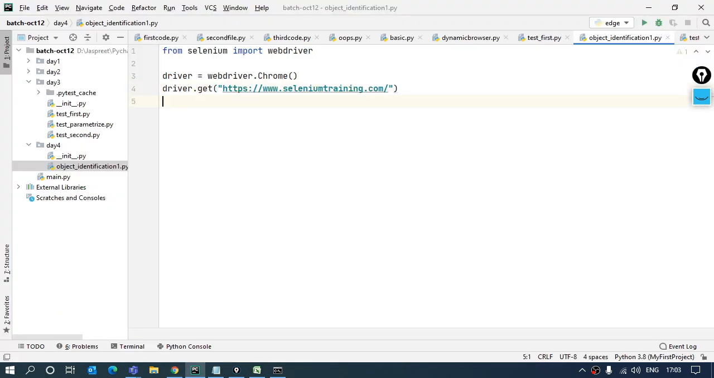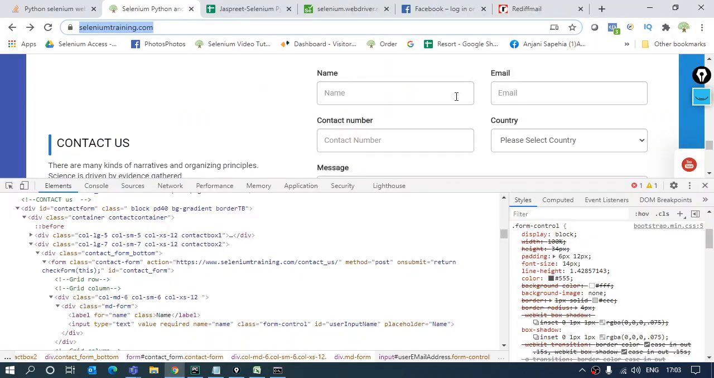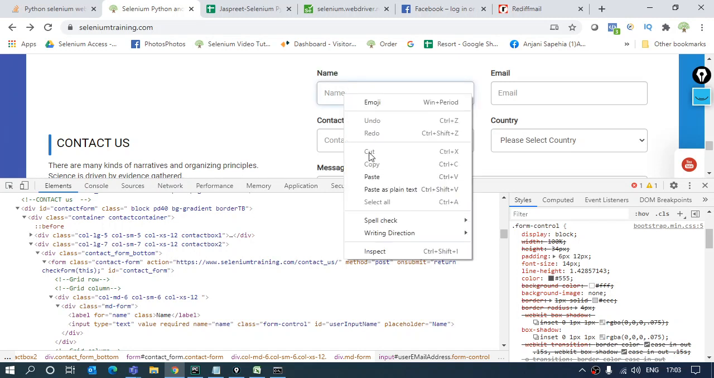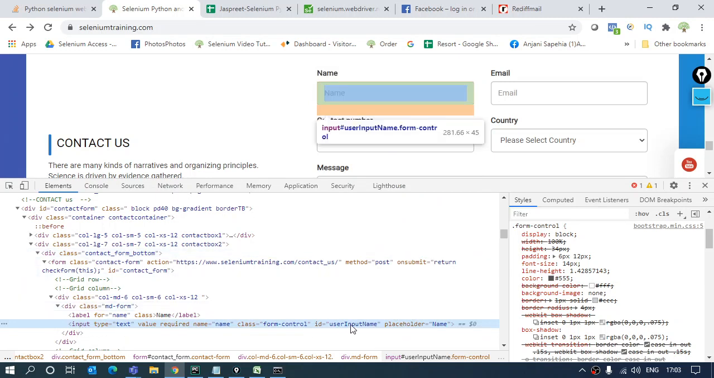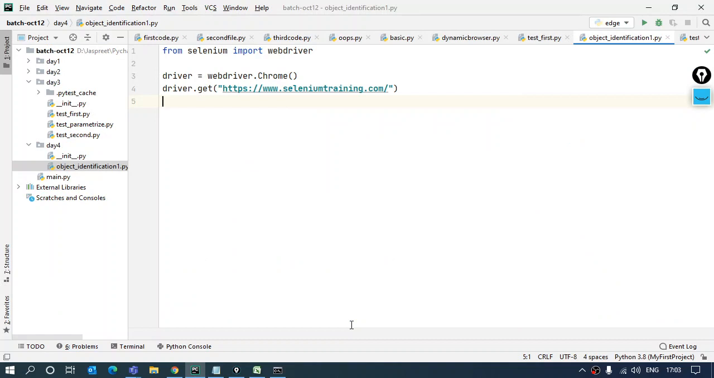After this, what I want to do is extract the text box which is over here, this name text box. I want to take action on this. I want to send some text inside. So I'll inspect this. It has the input. It has the ID. So I will be using the ID over here. Right. So I'll say name text box